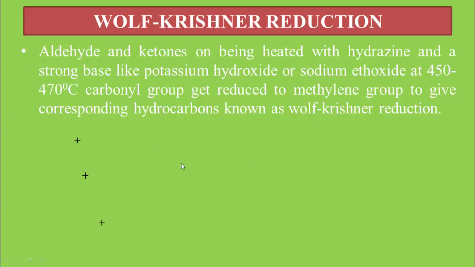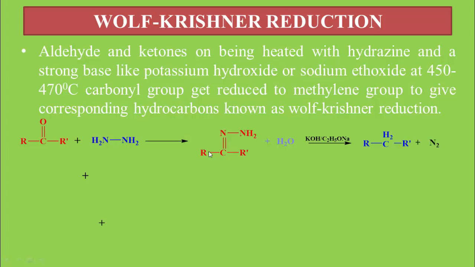Aldehydes and ketones are heated with hydrazine and a strong base like potassium hydroxide or sodium ethoxide at 450 to 470 degrees Celsius. The carbonyl group gets reduced to a methylene group to give the corresponding hydrocarbon, known as the Wolff-Kishner reduction. Suppose this is the ketone, on treatment with hydrazine, it produces the intermediate product. On hydrolysis, in the presence of potassium hydroxide and sodium ethoxide, it gets converted into the hydrocarbon along with the elimination of nitrogen